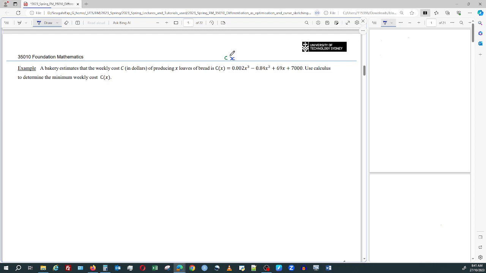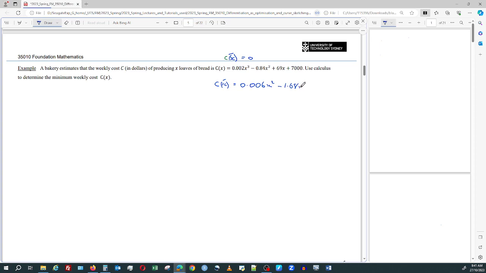Assign the derivative to 0. Before we can do that, we have to actually find it. So let's do c dash of x, which will be equal to 3 will come out the front. 3 times 0.002 will be 0.006. And 2 will come off, 1 will come off and become 2. 2 will come out multiplied by 0.84, which is 1.68. So it'll be minus 1.68